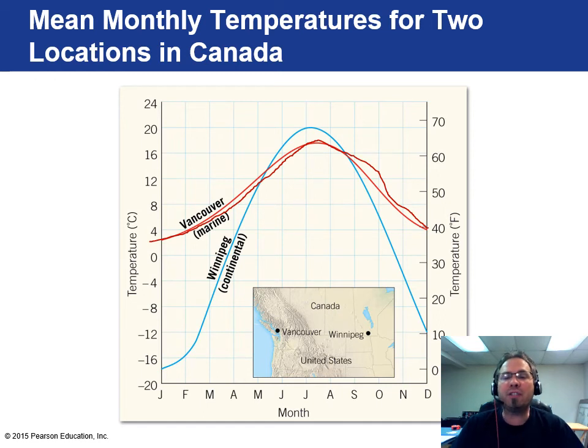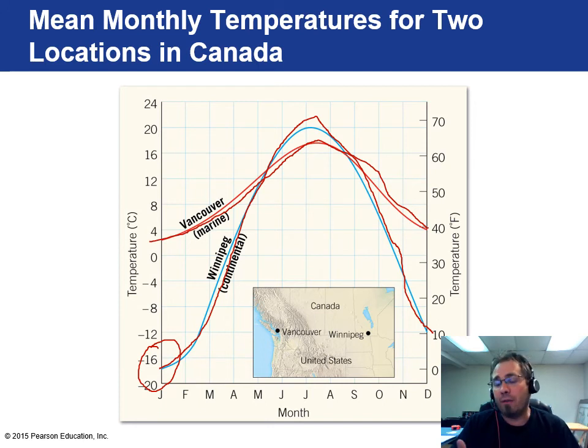Now, Winnipeg, which is at almost roughly the same latitude, is far away from the ocean. It's actually just north and west of Wisconsin here. That one they get very, very wild swings. So yeah, it can get very hot in the summer, but it also can get very, very cold in January. So the idea is that the moderation comes from being near very large bodies of water, in this case the ocean. So Vancouver doesn't get the wild swings. They have a warmer summer, sure, but they don't have the super cold winters that Winnipeg would have, because the ocean moderates that temperature.